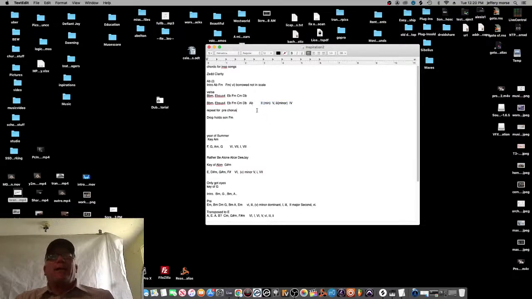So in Clarity, he goes from a 2, they're using a major second. Then they go to the 5th, the dominant chord, and then they go to the minor 3rd, and then they go to the major 4th. This is interesting, right? So the major second. Well, if I'm in the key of C, the major second's here, like this. And the 5th is G, so they're going